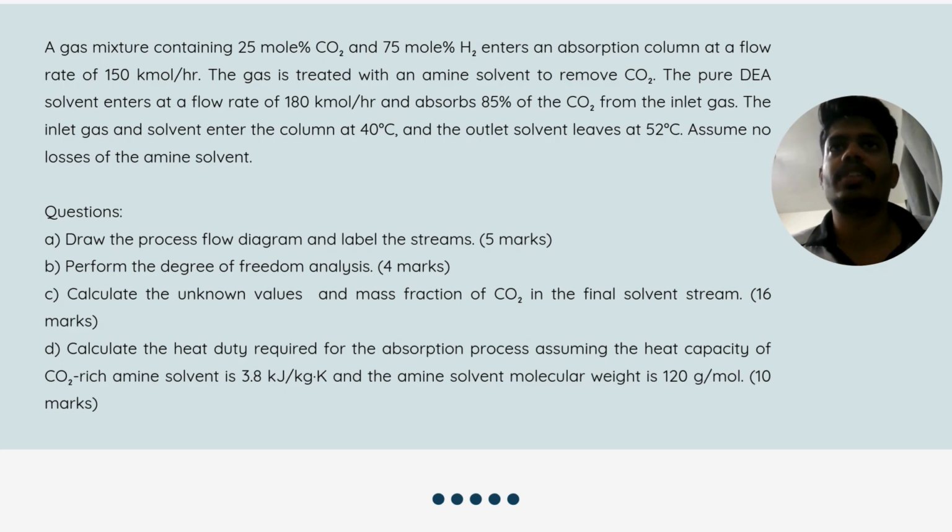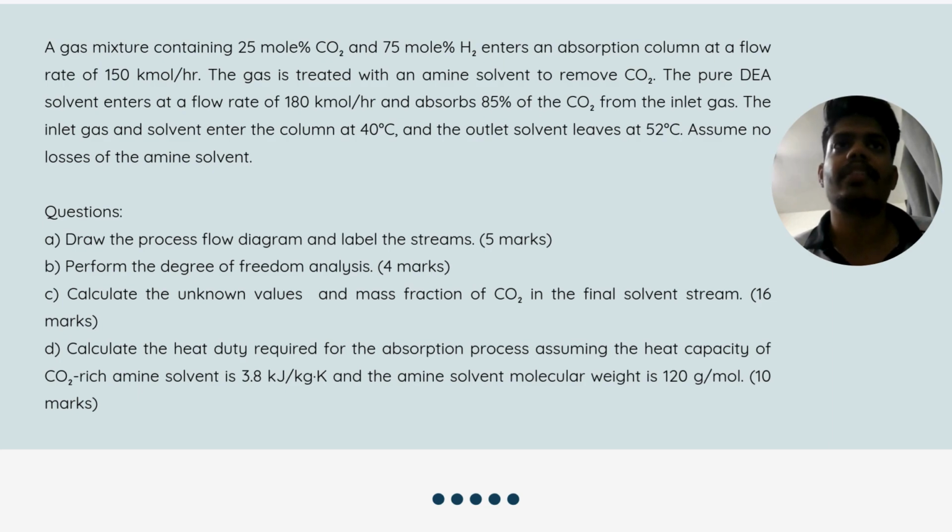A gas mixture containing 25 mole percentage of CO2 and 75 mole percentage H2 enters an absorption column at a flow rate of 150 kmol per hour. So the flow rate of the gas is given. The gas is treated with amine solvent to remove CO2. The pure DEA solvent enters at a flow rate of 180 kmol per hour and absorbs 85% of the CO2